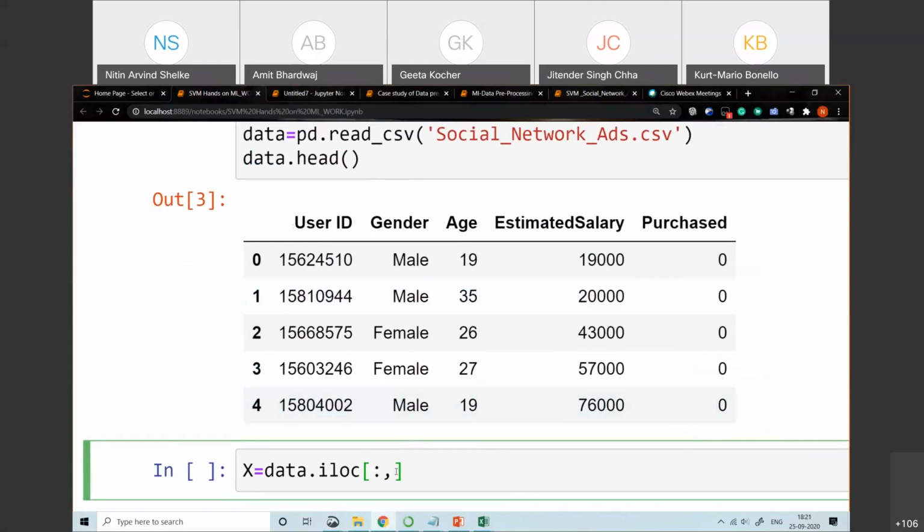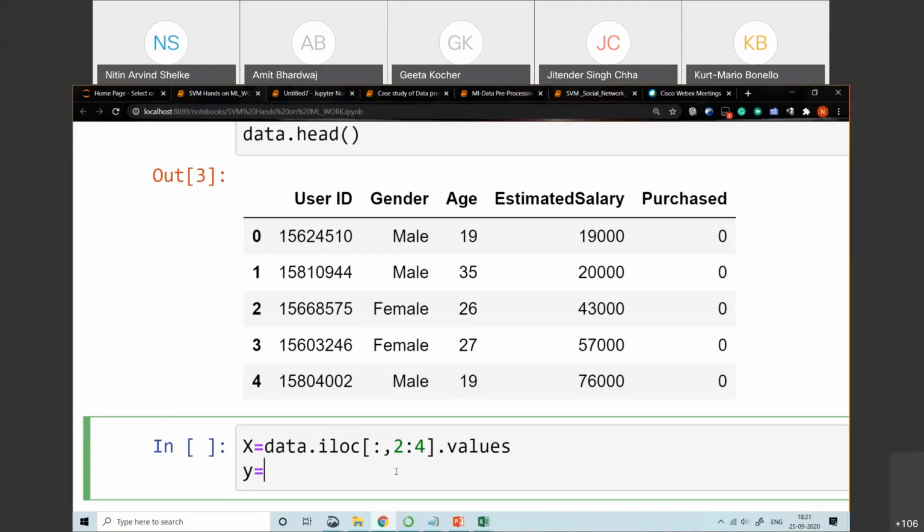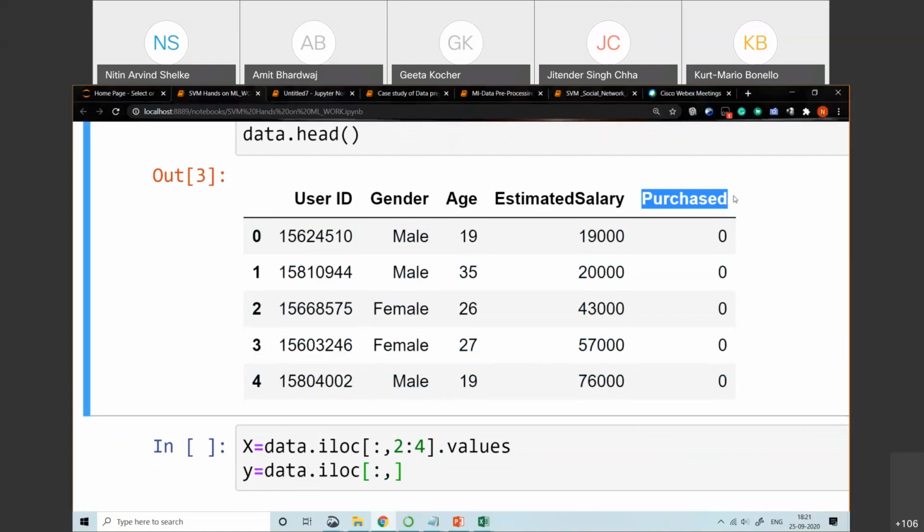So what we need to pass over here is 2 colon 4, it should be 4, right? Then .values. Now y is data.iloc, colon, and we are interested in the purchase column, which is your last column. That is present at index 4, after 0, 1, 2, 3.